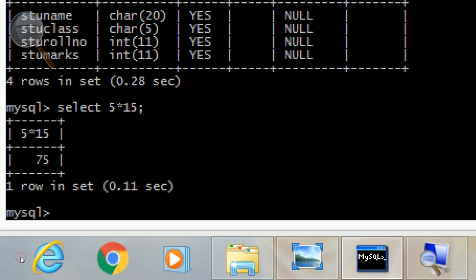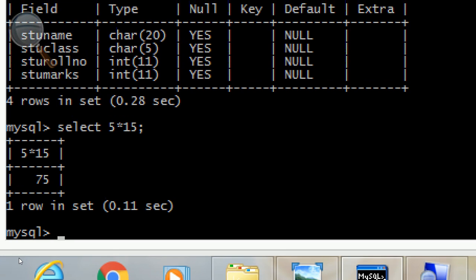Then we have alias, column alias. How do we use column alias? As you must remember, in Python I had told alias, like we write import pandas as pd. So as pd is alias. It is another name for pandas. In the same way I have told you matplotlib.pyplot as plt. So as plt is the second name or alias name for matplotlib.pyplot. In the same way here for the columns like stu name, stu class, stu roll number or stu marks, we can use other names, or you can say alias name by giving as command.